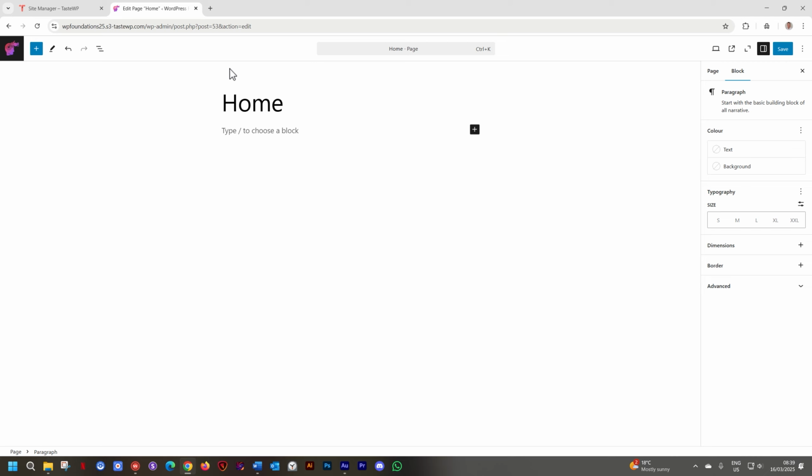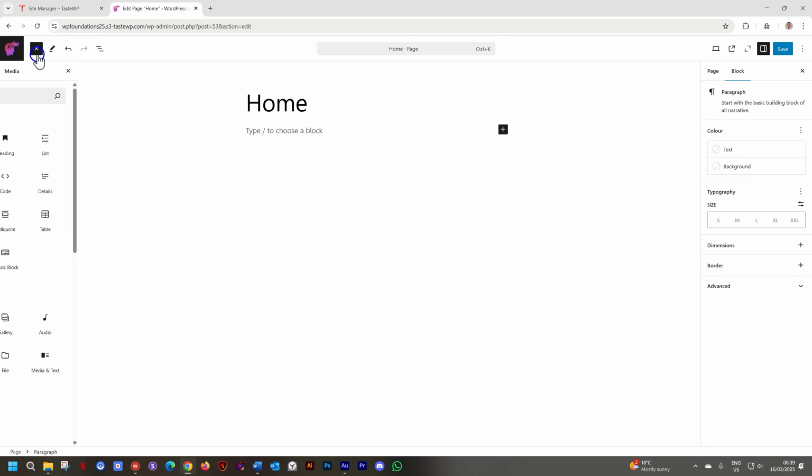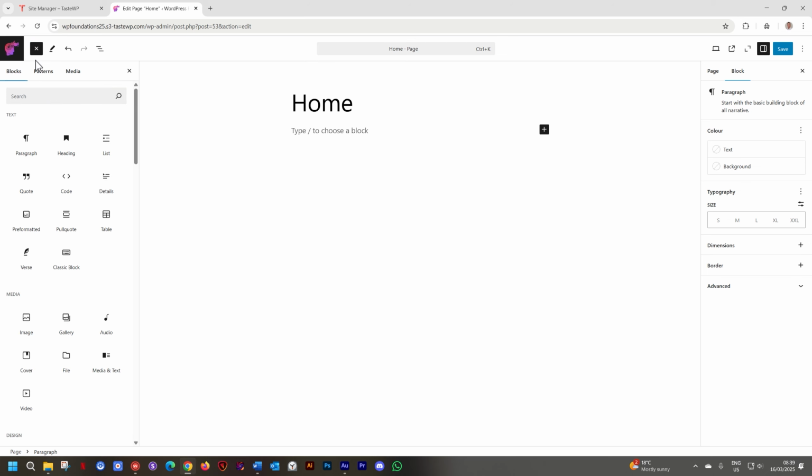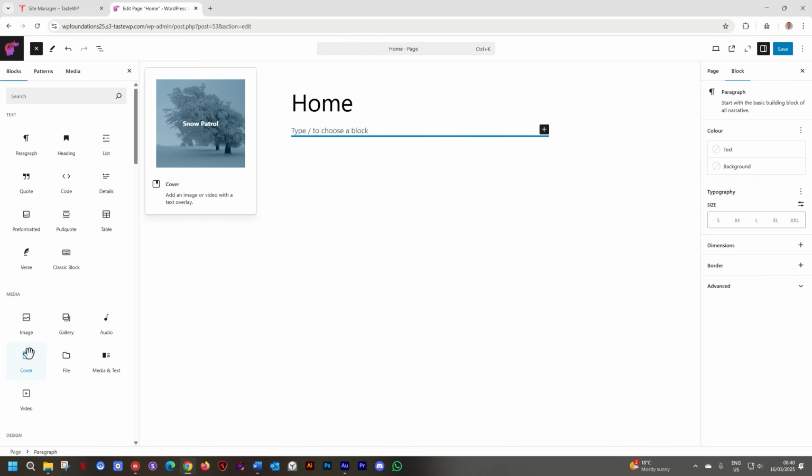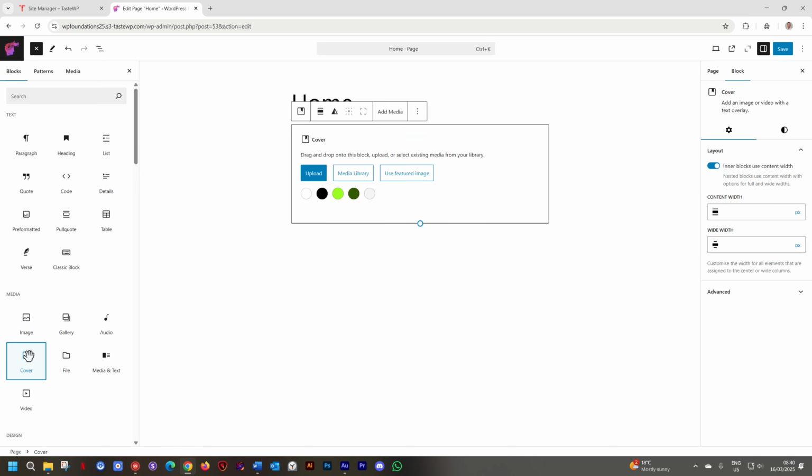It's really engaging. And WordPress has actually created a block that does that for you, and they call it cover. Go to the blocks panel by clicking on this plus, and we look for cover. Now, I don't see it here under text, but it's here under media. Because it includes an image, WordPress says it's a media block. This is the first one on the page. I'll just click on it, and it will drop the cover here.